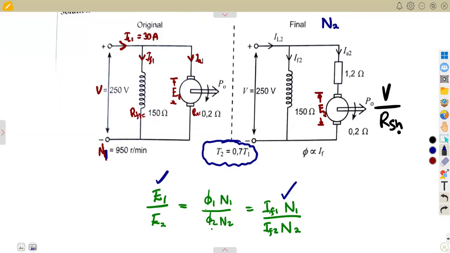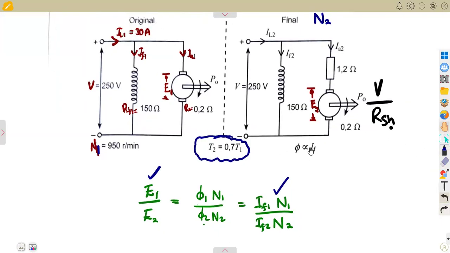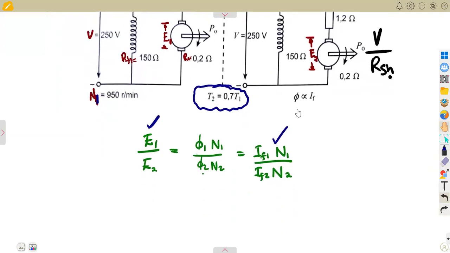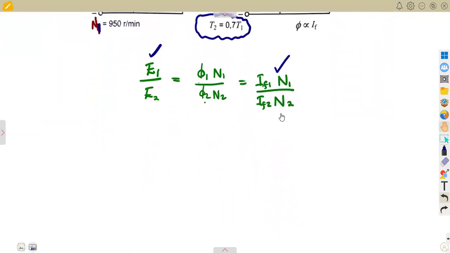Totally, we do not have. But because flux is proportional to the field current, we can relate it in terms of the field current. It's not always when this field current is equal to this. It's not always equal. But on a condition like what we are given, if we are to consider it,